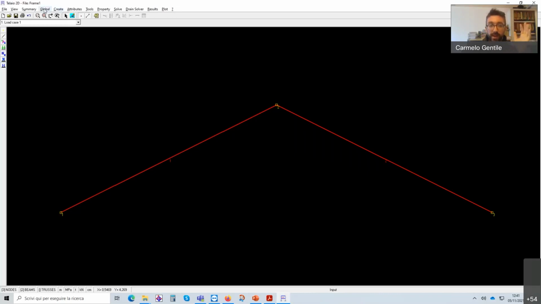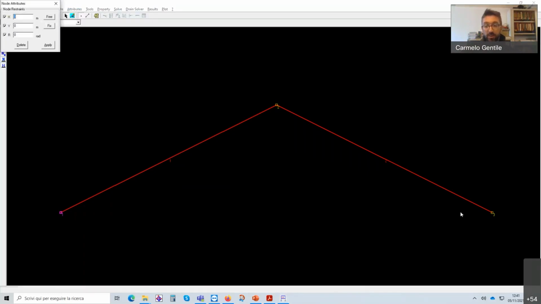So the geometry is done. Now let's look for imposition of the reactions of the restraint. The structure is restrained with respect to the ground only in 2 points, in node 1 and in node 3. Let's try to assign the right